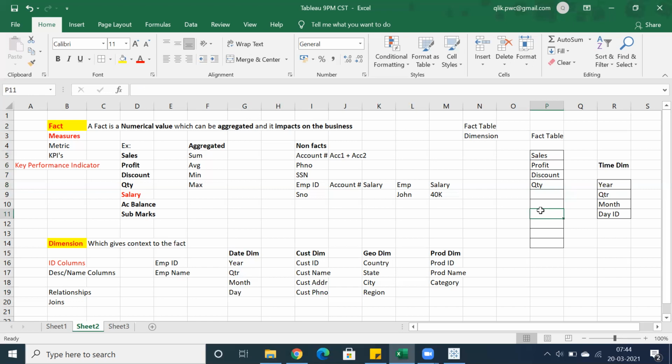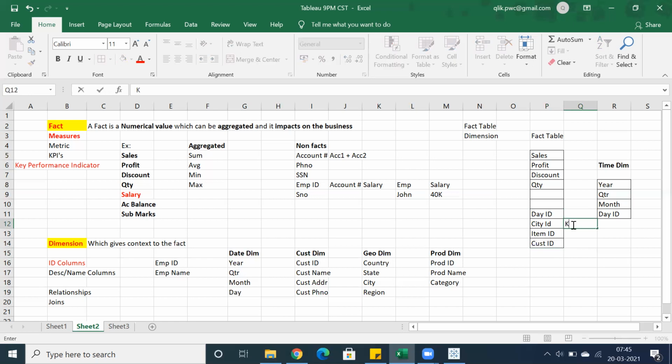So basically, we may have something like a DID, which is a common key column between these two tables. In a fact table, we have dimensions and facts. In a dimension table, we have only dimensions. So let's say we have city ID, item ID, and customer ID. Why are we going to use these key columns?